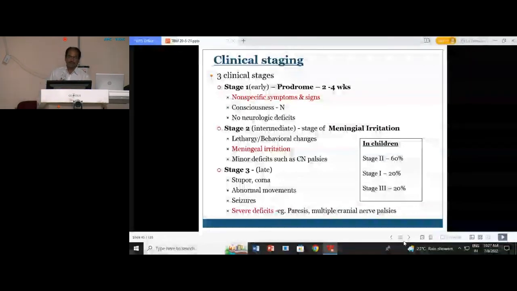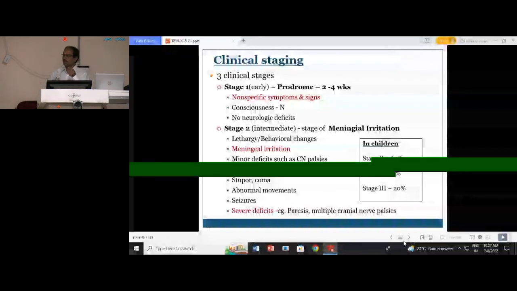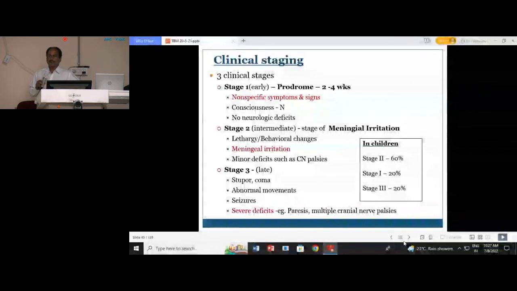Once you even miss it in the second stage, because the patient is diabetic, you think diabetic third nerve palsy, you will miss the diagnosis. You don't do an LP, or if you do an MRI, the MRI is normal. It needs a high index of suspicion. In a diabetic patient, you may write it's diabetic third nerve palsy, but you have to think, why can't it be tuberculous meningitis? Stage 3 is late, with stupor, comatose,